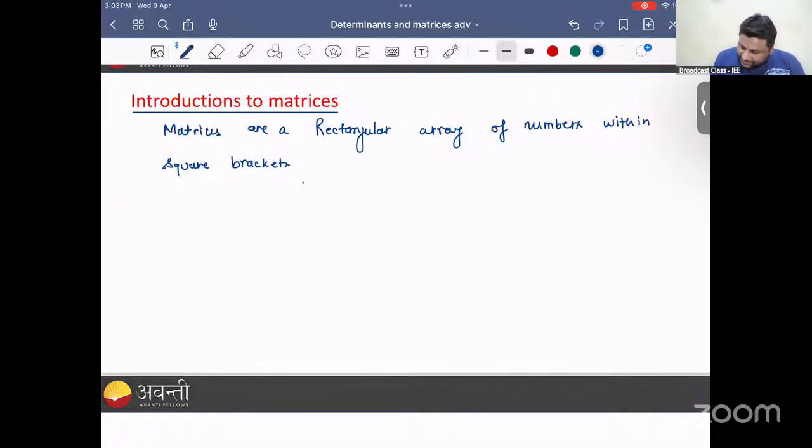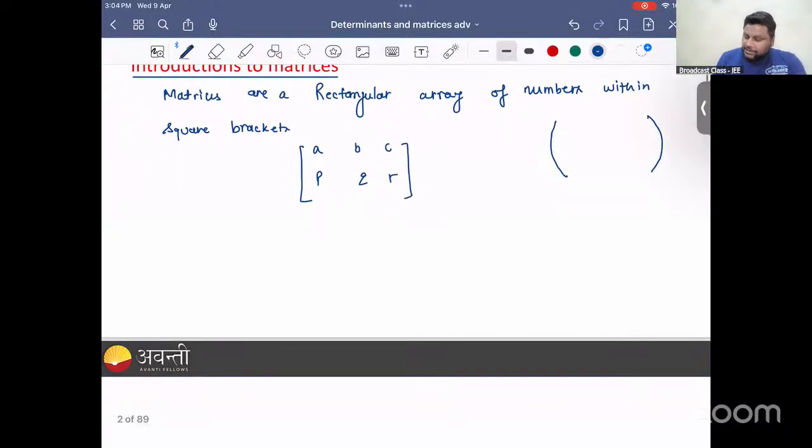So this is like this. Say A, B, C, P, Q, R. This is a matrix. Sometimes in very standard books, you will see that a matrix is also represented in these kind of brackets. But mostly in Indian books and the Indian system, we follow these square brackets. All right. So the standard appearance for a matrix A is